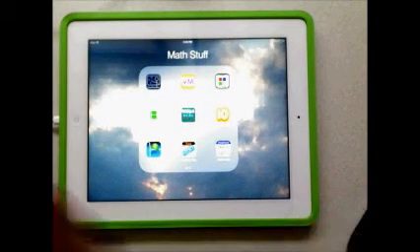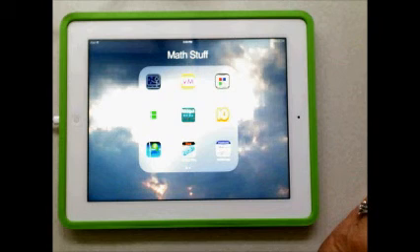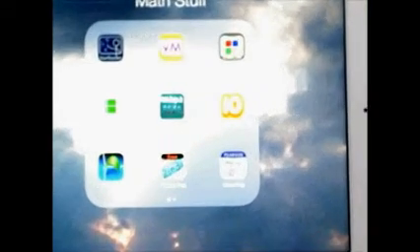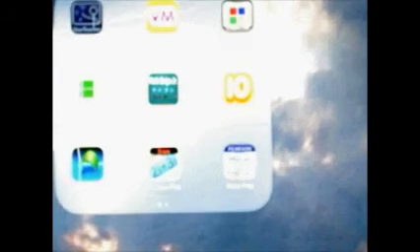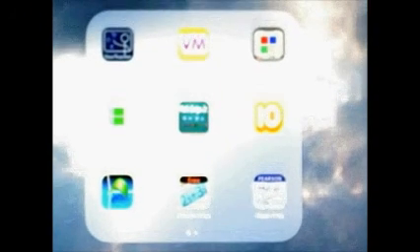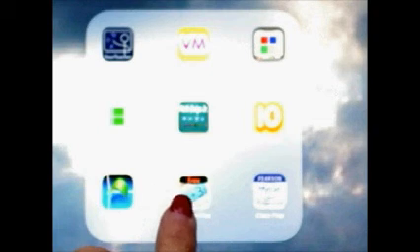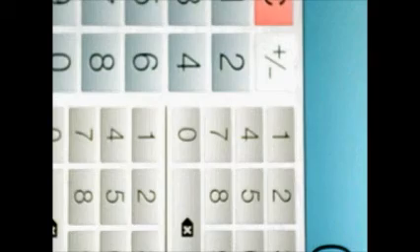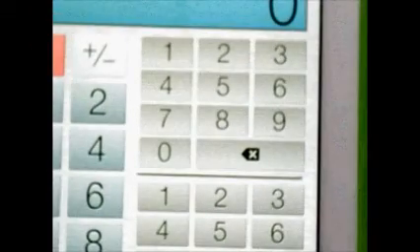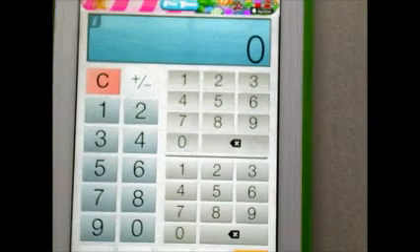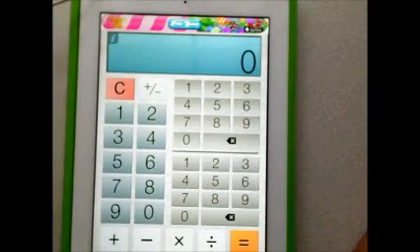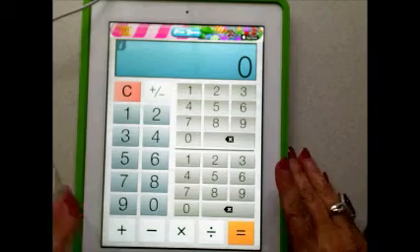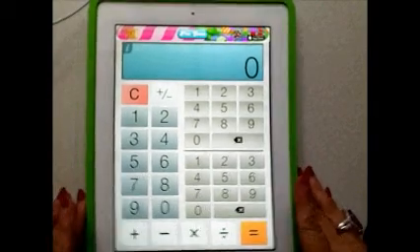Okay, there's a little bit of glare on my iPad, but I want to show you a couple of apps that I have downloaded to my iPad. The first one is something called Fractions Plus, and let me zoom back out on this and show you what I've got here. This is a great application that could be used in the classroom